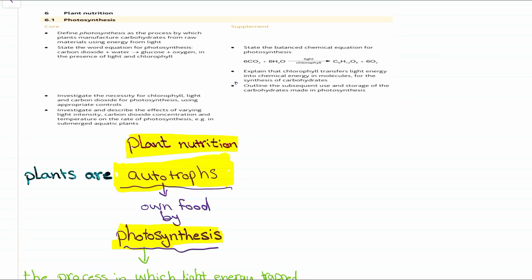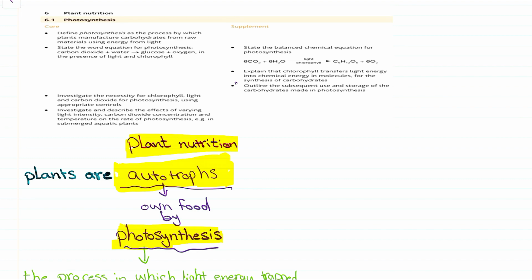Welcome to Easy Bio. Today we are going to explain plant nutrition, which includes photosynthesis. Before starting, you should know that living organisms can be classified according to nutrition into heterotrophs